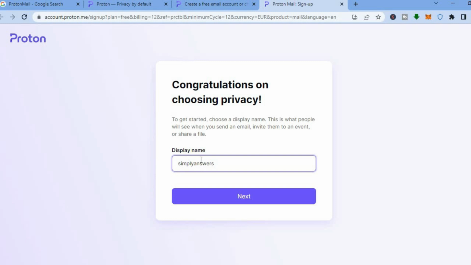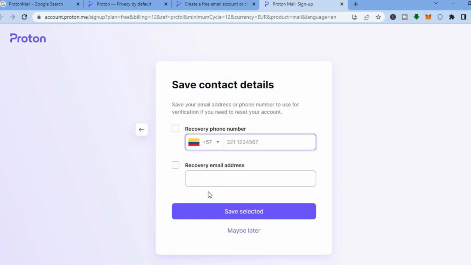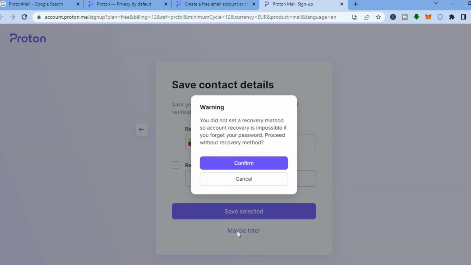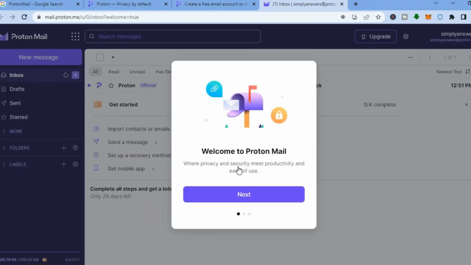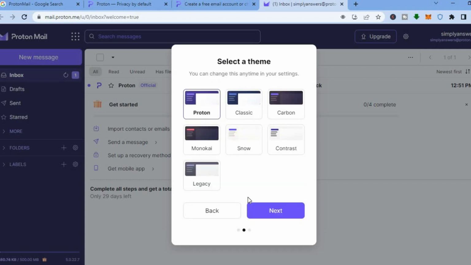Then you can choose your display name. Then tap on next. Then from here, you can enter in a recovery phone number, or you can enter a recovery email address. I will do that later on, so I'm going to tap on maybe later, then tap on confirm. Signing up, you'll be redirected to this dashboard as you can see right here,